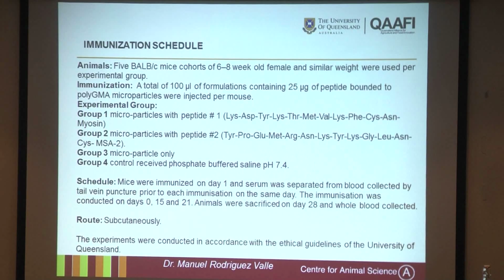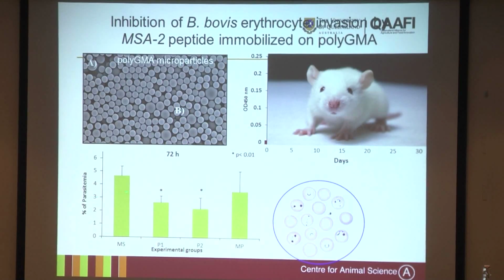They were immunized subcutaneously, with different groups of animals receiving particles only, or particles with two different peptides from the MSA2 protein. We determined the titers against the peptide by ELISA. But we also used the blood to do an in vitro study and see if the Babesia parasite